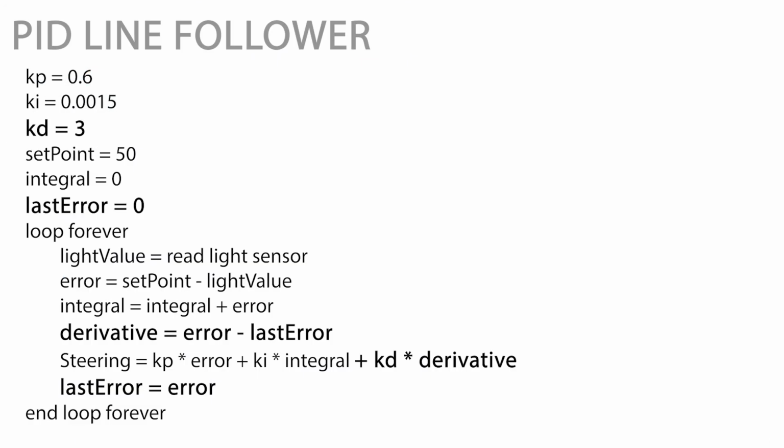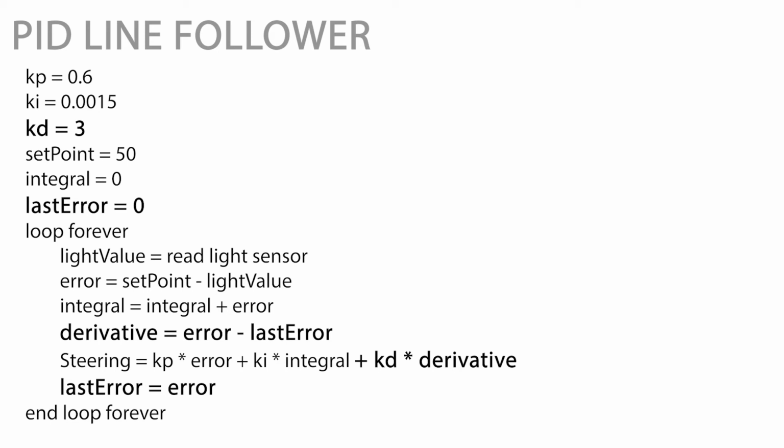The derivative part of the controller can potentially fix the predicted future error. The bold text is added code of the derivative part. KD is a derivative constant. Its sign should match the sign of the proportional constant, and its value should be significantly bigger than the integral constant. A new variable named last error is defined, and its value is set to 0.